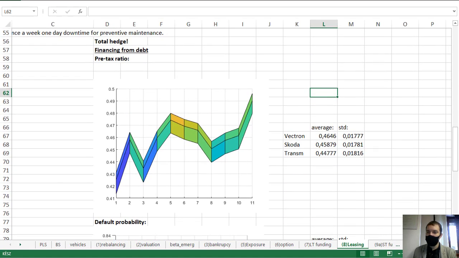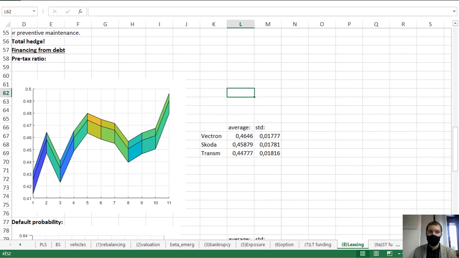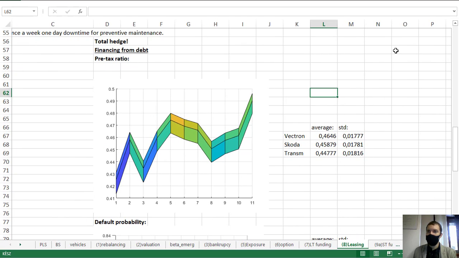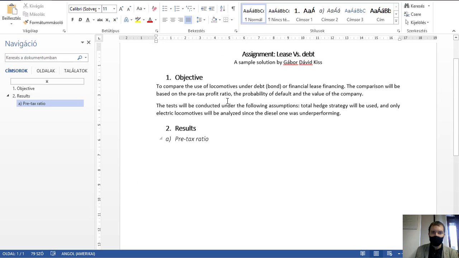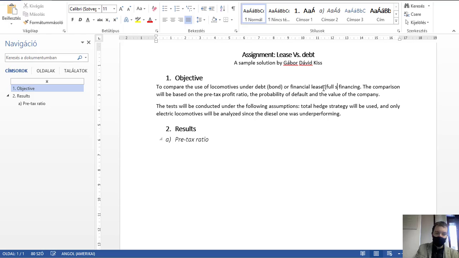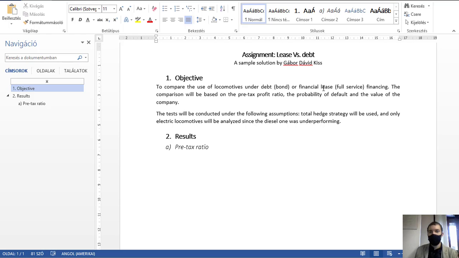Okay, then let's see what is happening under leasing. It's a full service lease. Yeah, let's write it in that. Financial lease. And also we have to write it here that under